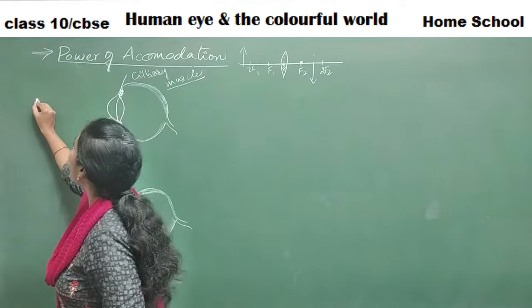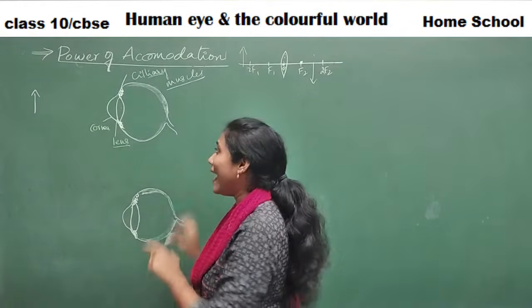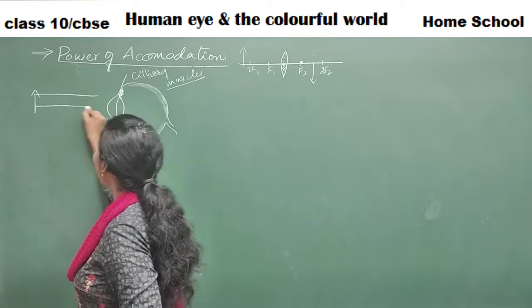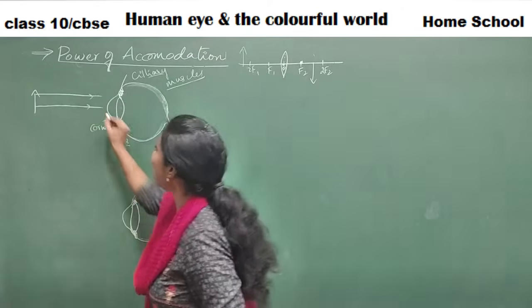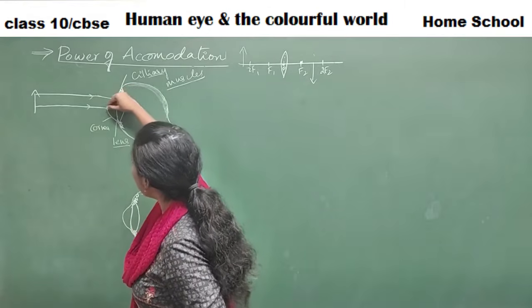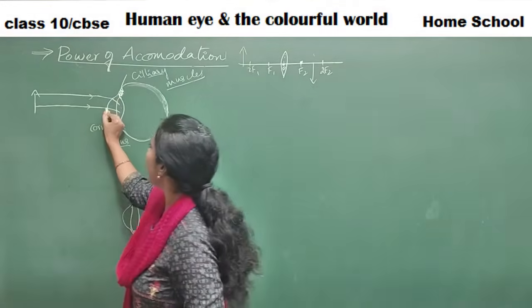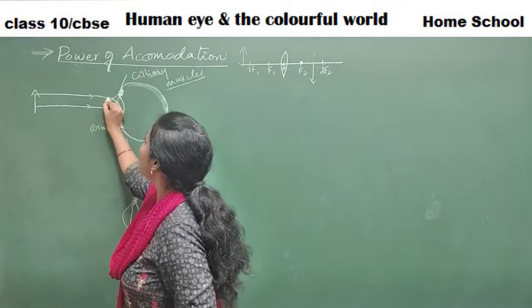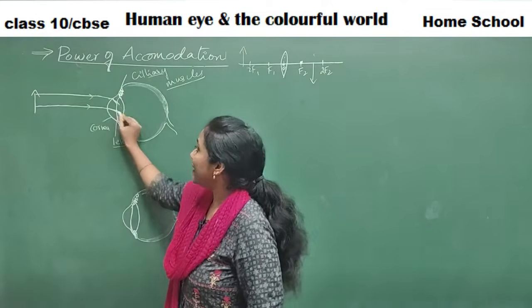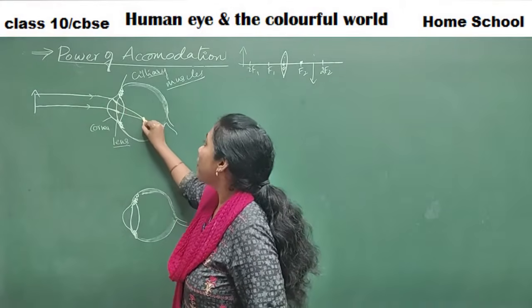Imagine you have an object in a far away position. The light rays are traveling from very far away, guys, and they are meeting the cornea. So the first phase of refraction occurs, right? I have shown a slight bending on a light ray. I'll change the color of the chalk piece. I have changed it to yellow. You can see the bending of light. The first refraction occurred in the cornea, and they are entering the lens, right? And in the lens, again, a second phase of refraction occurs.